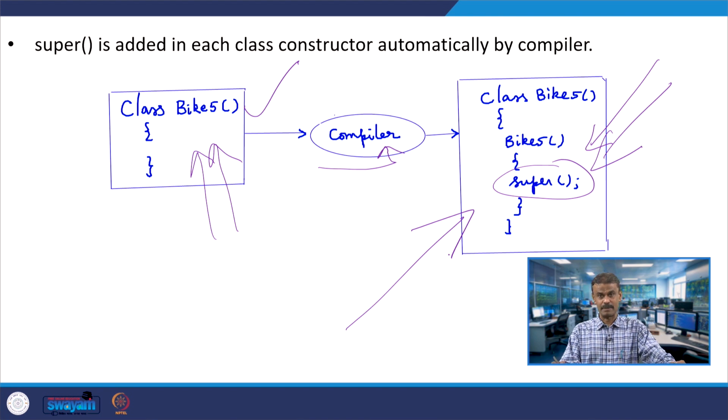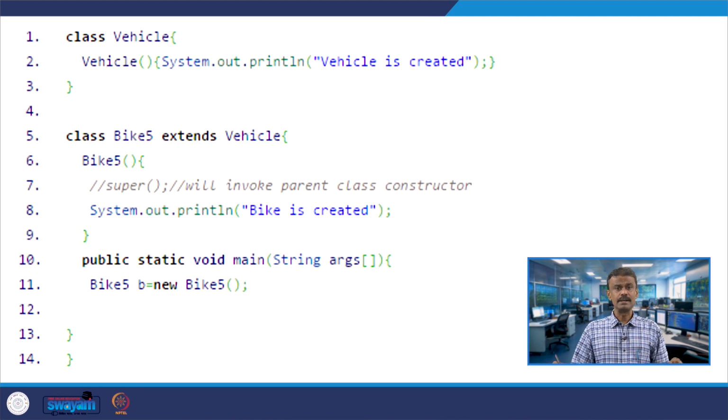So class Bike5 is a class, and under it you have the Bike5 constructor. Inside the constructor the first line is super. The super keyword means the parent class will be called. We will see an example. Here you go, exactly like the last program, I commented line number 7.